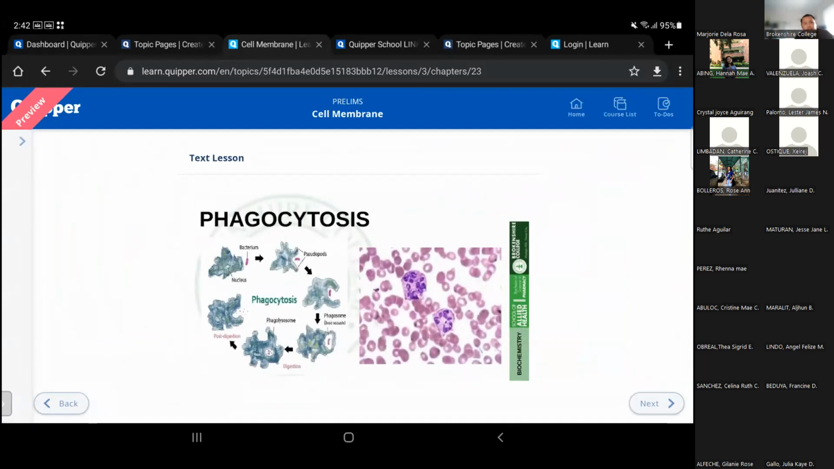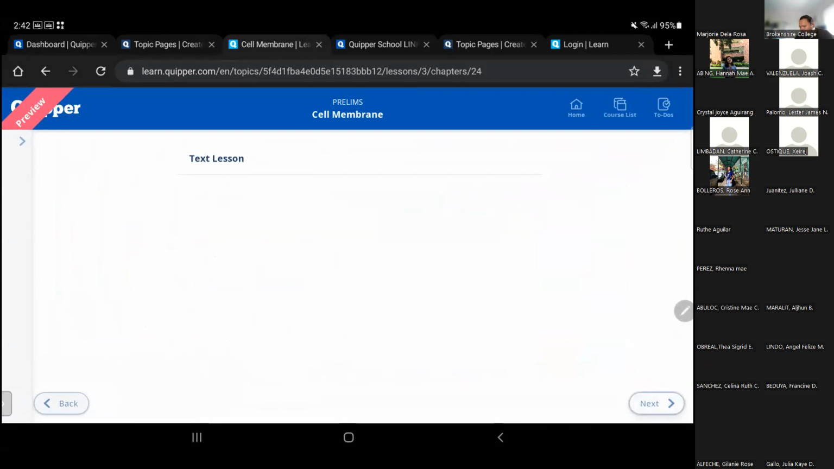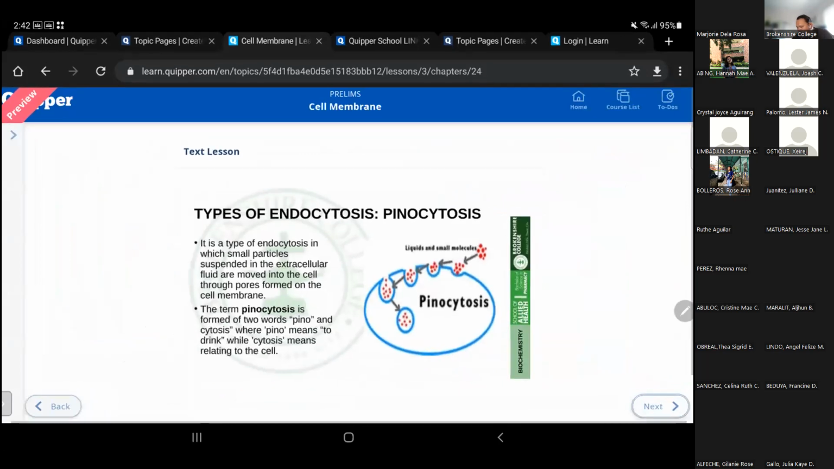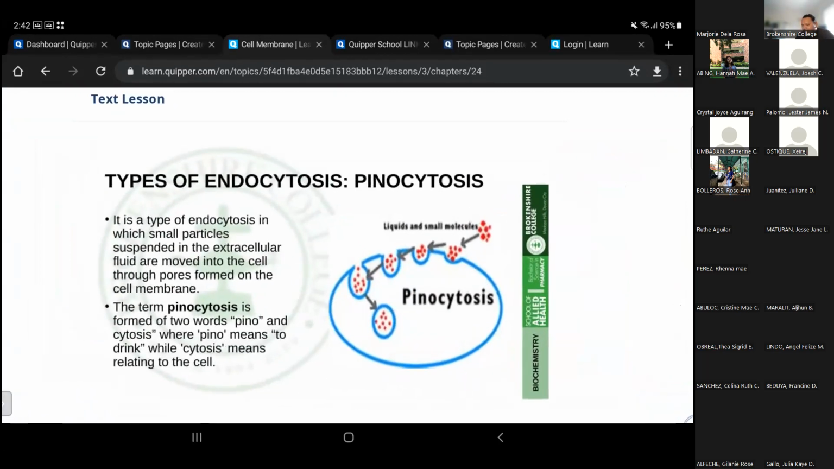Again, a type of endocytosis is phagocytosis. Pag sinabi namang pinocytosis, it's a type of endocytosis in which small suspended particles in the extracellular fluids are moved into the cell through pores formed on the cell membrane. So the term pinocytosis is formed of two words, pino and cytosis, where pino means to drink, while cytosis means relating to the cell. So ibig sabihin yan, guys,